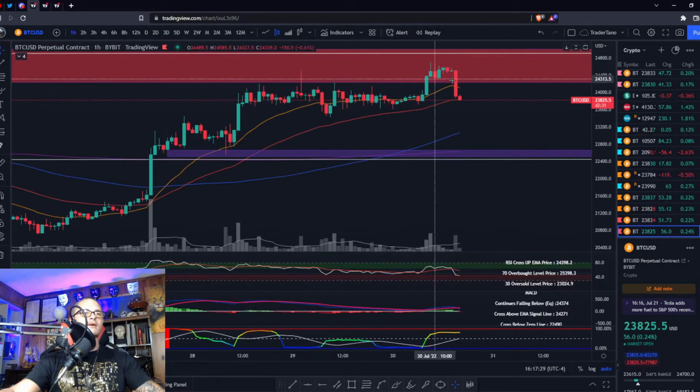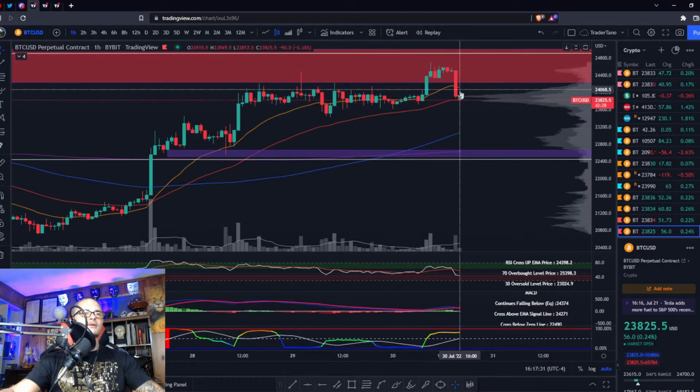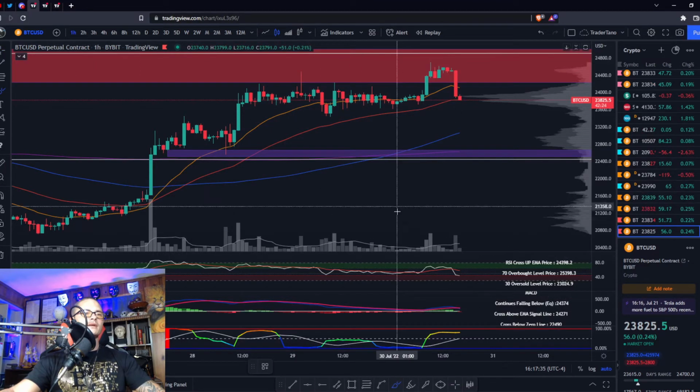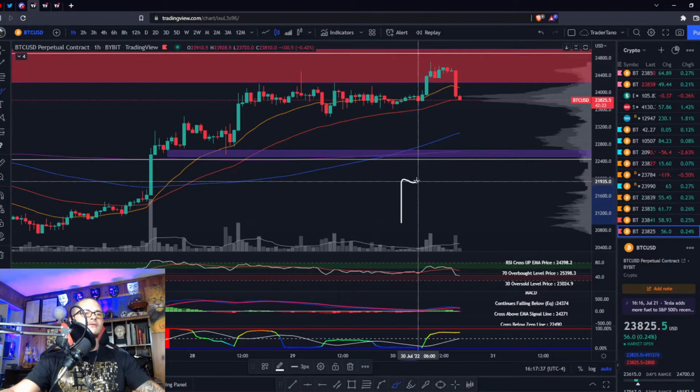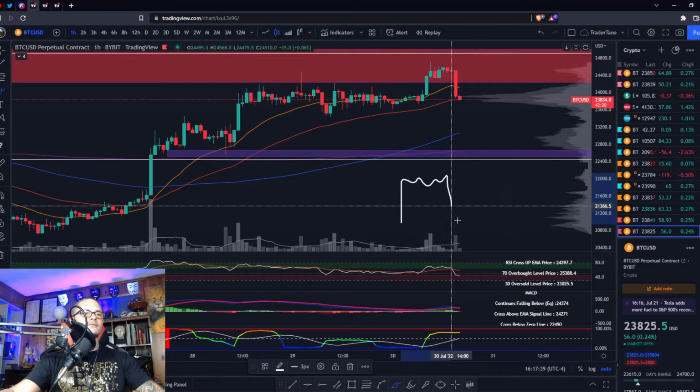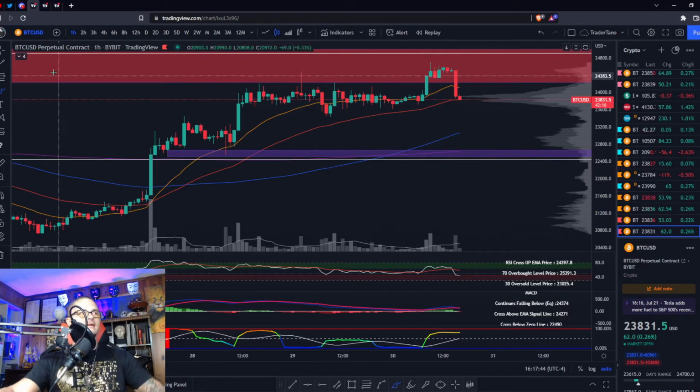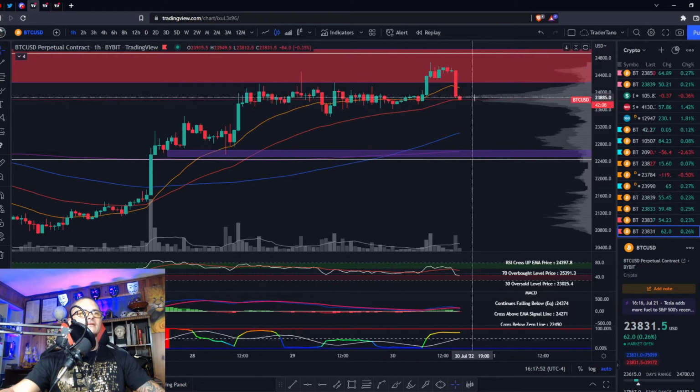Let's go to the 1 hour. So right now you got a BART, which is BART action: when price goes up, chops around a little bit, cracks back down. See how it looks like Bart Simpson's head? That's why we call it a BART. So all you're doing is coming down to the 50 right now, and this last level, which is also, we are also right below the POC, point of control, in the VPVR here,